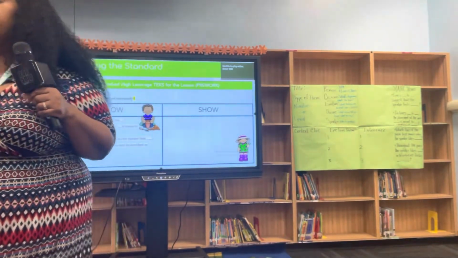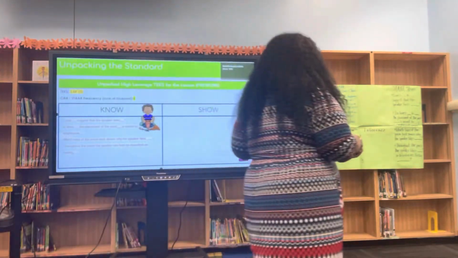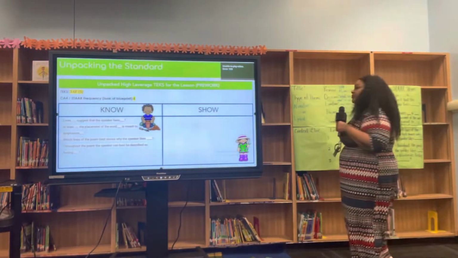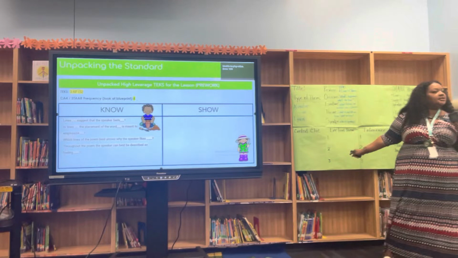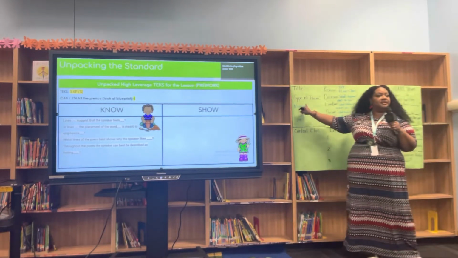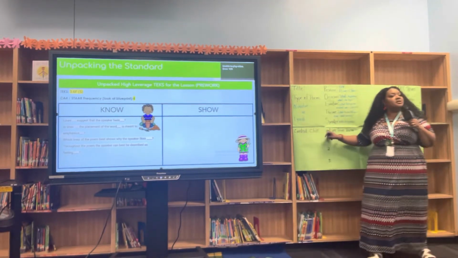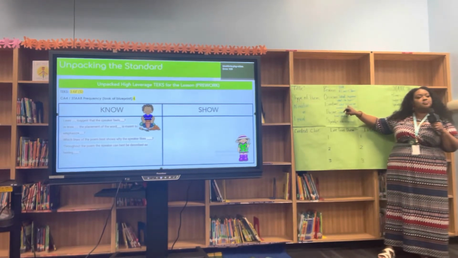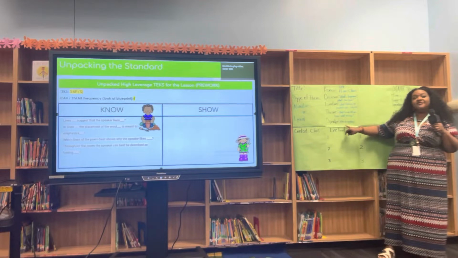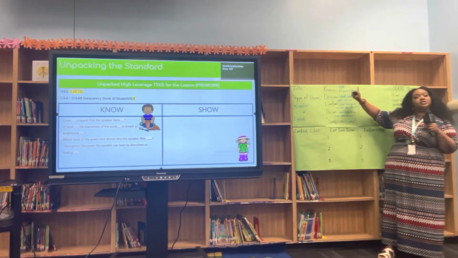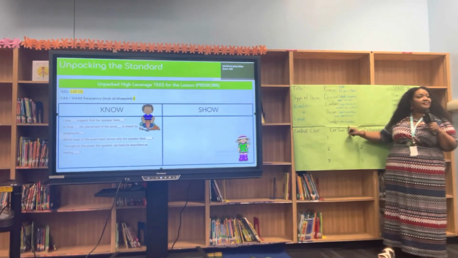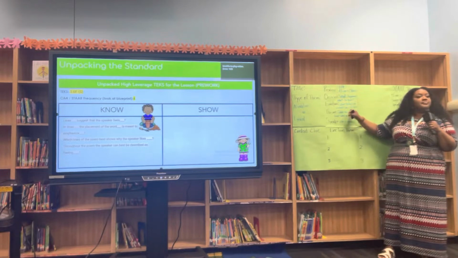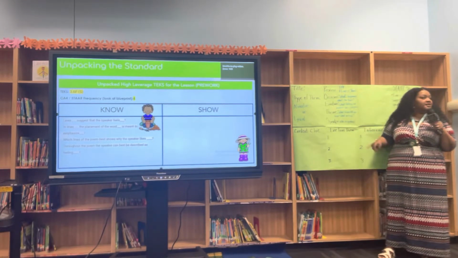Am I making sense? Having said that, the last thing is, who is the speaker? They're going to identify who is actually talking. That relates back to the narrative or lyrical poem, and it's also telling us what that speaker is feeling when it comes to emotion. Typically, when I do this strategy, I fill out lines and stanzas, and then my first question after I read the poem is, who is the speaker? I typically ask this second, because just because it's at the bottom doesn't mean it's the last question.